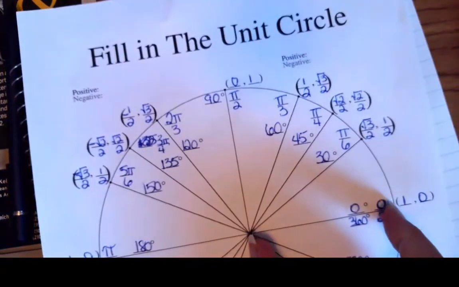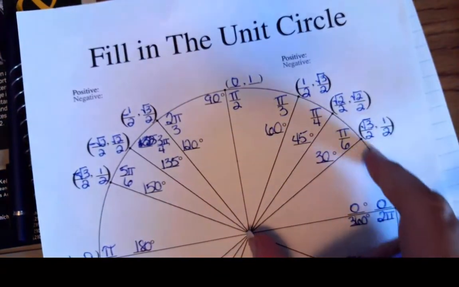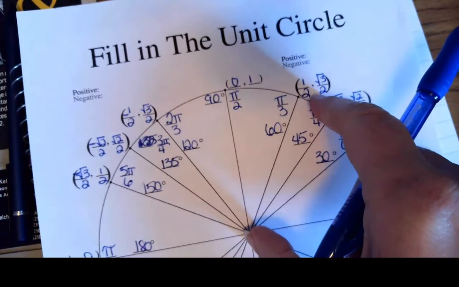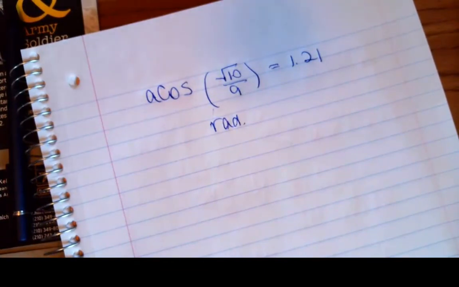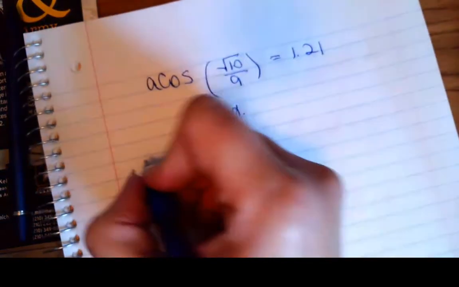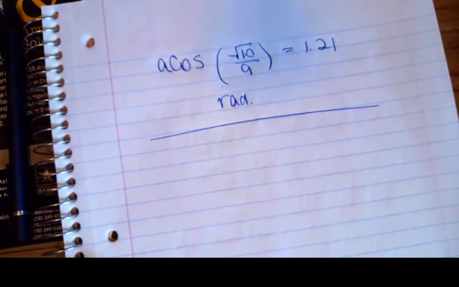If you'll remember from day 1, we swept out the radians, and if this is a length of 1, then a single radian would be somewhere up in here. We're just doing a little bit more, a little bit more than 1 radian. So I've got the arc cosine of root 10 over 9. Now what I want to do is look at when I can and cannot apply